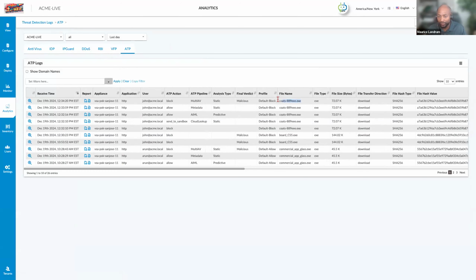So here we go. So again, you have that 5 to 7 minute wait time that you have to be cognizant about, because you have to allow the engines to go through and take that file and take a look. So multi-AV actually caught it and it came back malicious. So this was actually sent through all of our pipelines and came back determined to be malicious.